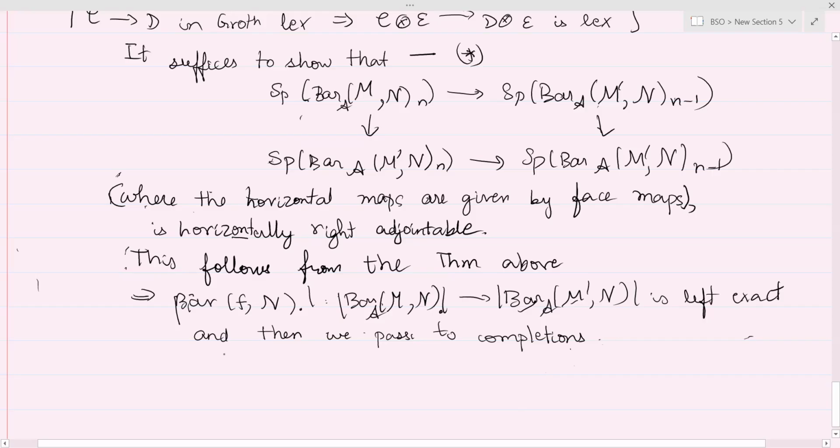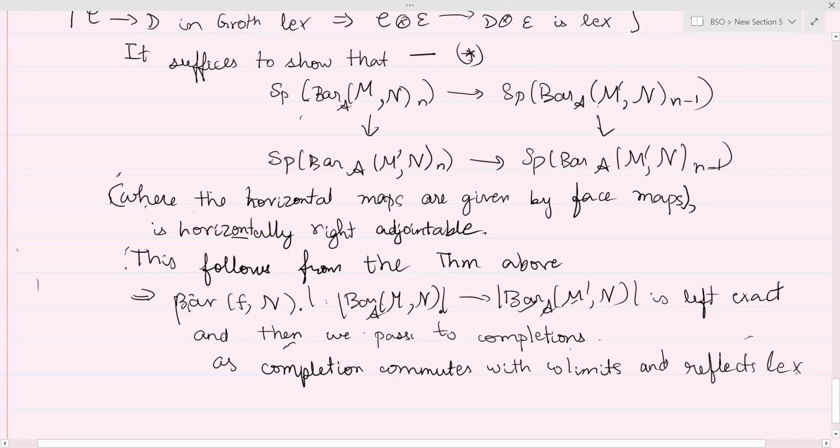Also I think we're using that completion commutes with colimits here. This completion commutes with colimits and reflects